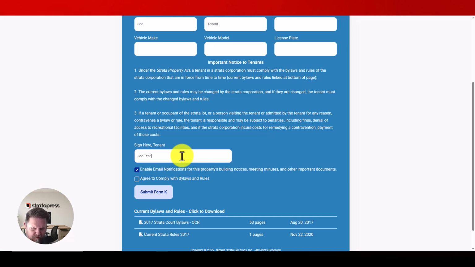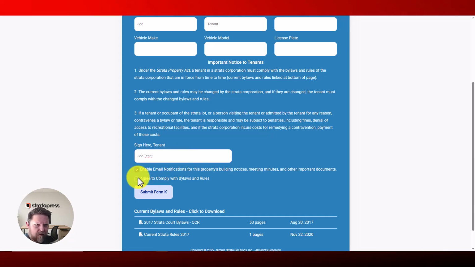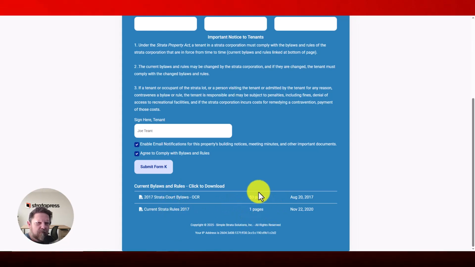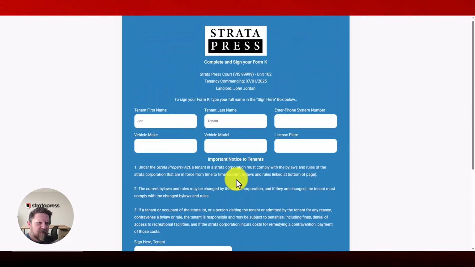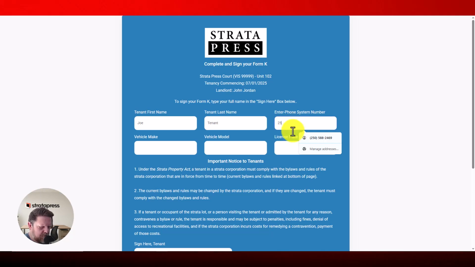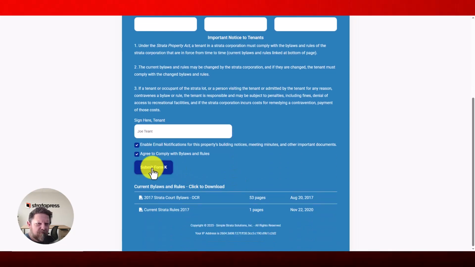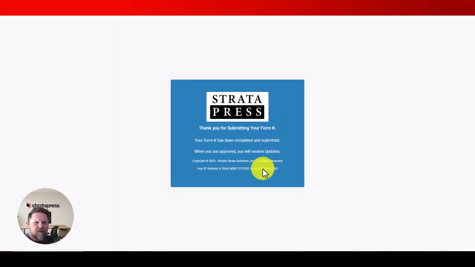So I'll just do that for them here. Agree, comply by the bylaws. They have to agree to that. They can download the bylaws and rules and also review those before signing off on this. But that's basically it. They can put in any number they want for the phone system, and like I said, vehicle make, model, license plate. Submit Form K. So once that's done, it's going to go back to you on your side and to the